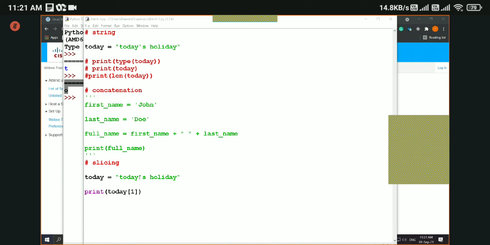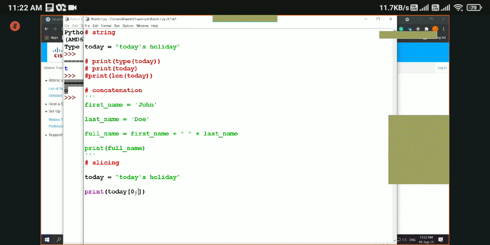In case you want to access more than one character, like a word or anything like that, we can use something called starting index number and ending index number. So here, let's say I want to access today. How do I do that? T has index number 0, right? So I will give 0 and colon.